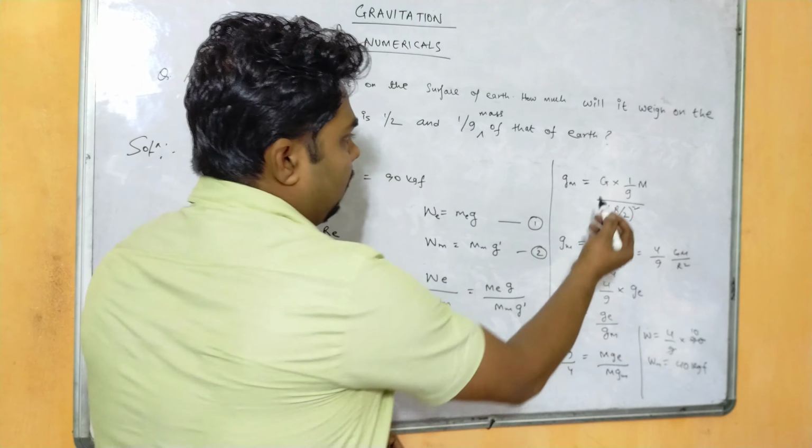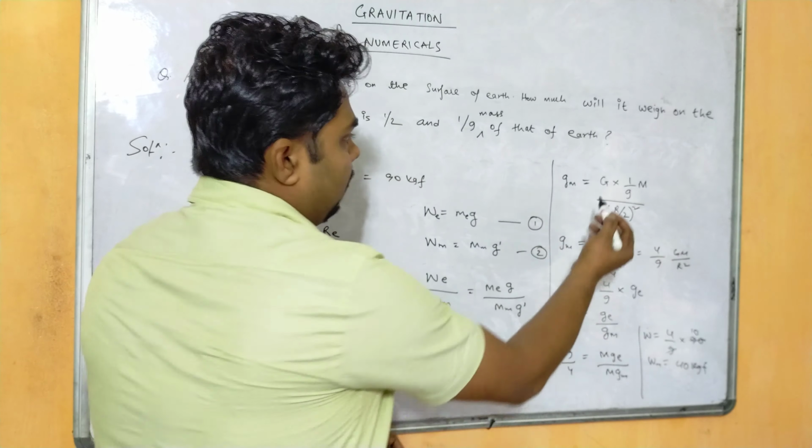Okay, so make sure when you get ge by gm, we have multiplied m on both sides. After multiplying m on both sides, this becomes weight on Earth and this is weight on Mars. Cross multiply, so this goes up, because we need to find mgm, which means weight on Mars. So weight on Mars equals 4 by 9 into mge. I have substituted this after cross multiplication, because the weight on Earth is given in the question. That is why we substitute the weight of Earth here, and after cross multiplication you get the weight of Mars.